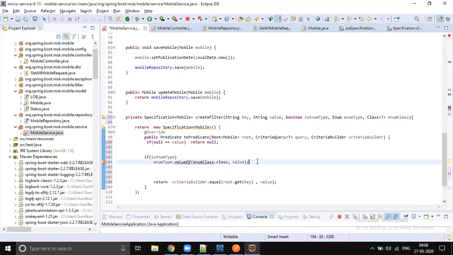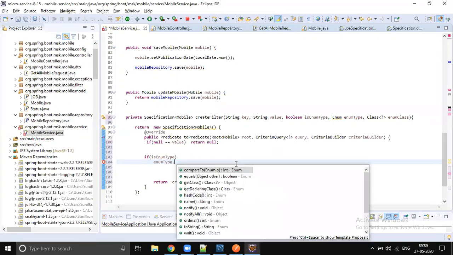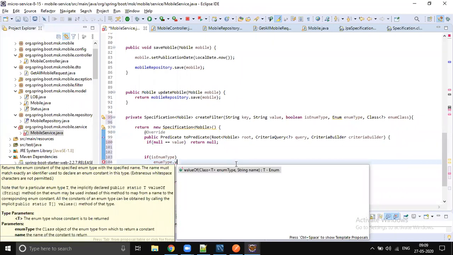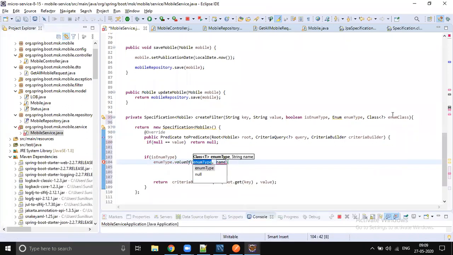Okay, let me check one more time. What is the signature? First one is an enum type, class type enum. Second one is the name, so this is going to be enum class. Second one is going to be the value. So you will get that enum created, right? So enum equals to,